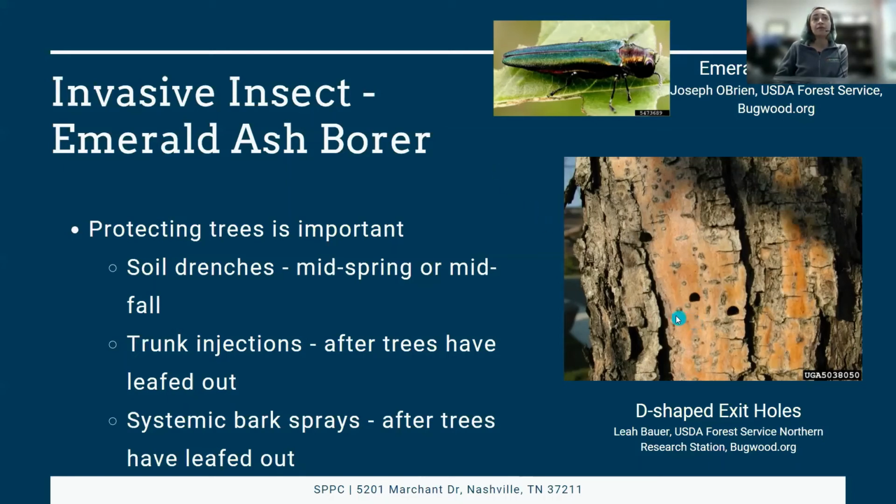A good sign that we have emerald ash borer is this sort of D-shaped exit holes from this pest on the main trunks. It's not a perfect circle, it's kind of D-shaped. Oftentimes this pest can be tricky to catch because they like to feed at the very top of the crown, and then the damage spreads down. So if you've got ash trees, making sure that you're protecting them at this time with a pest management professional is very important.